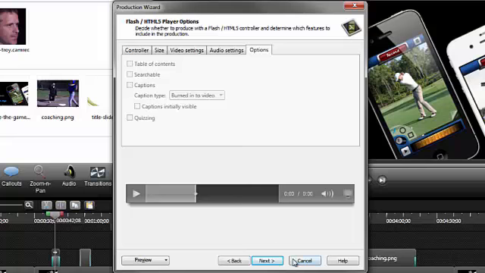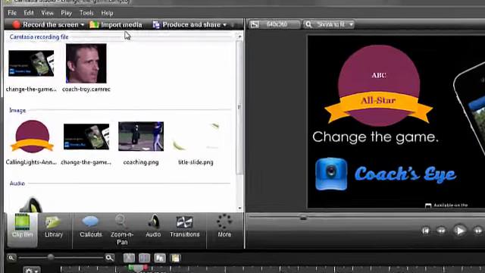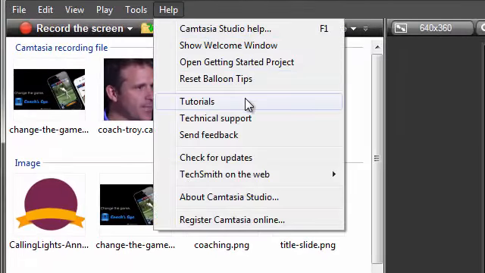Well, it's time for you to try Camtasia Studio for yourself, using the content on the timeline, or better yet, create your own. We have lots of free tutorials on our website, and I recommend you begin with the Getting Started series. Also, the help file inside Camtasia Studio tells you how to use each of the Camtasia Studio features and applications. One last thing, if you ever want to open this Getting Started project again to view or practice with,